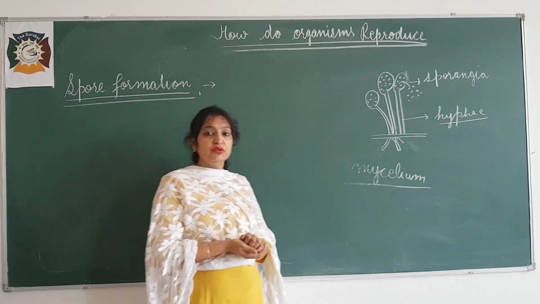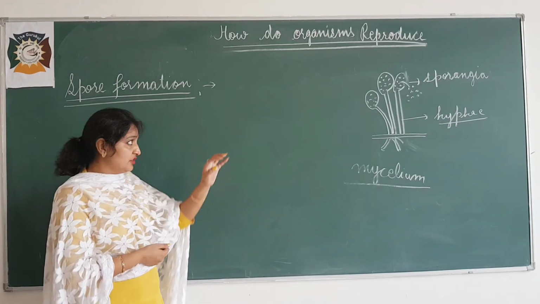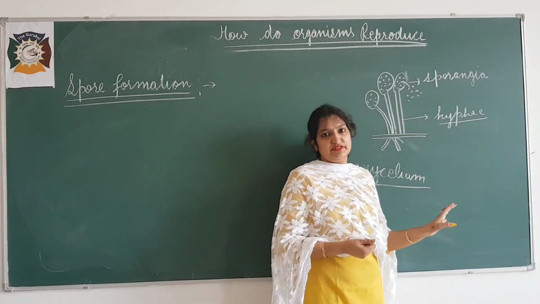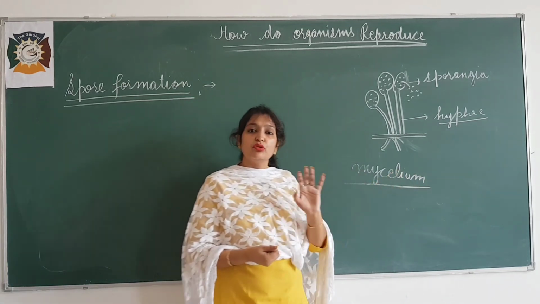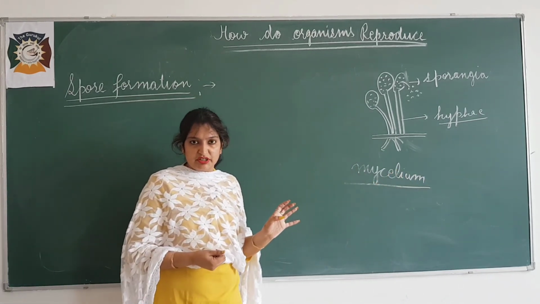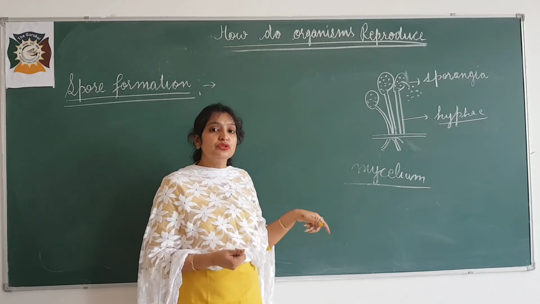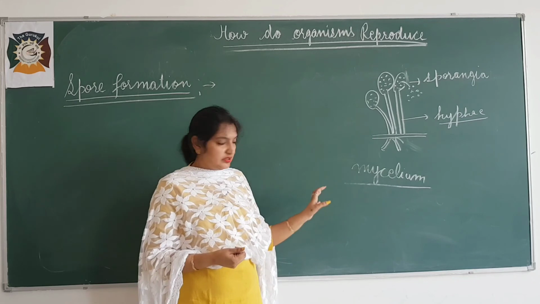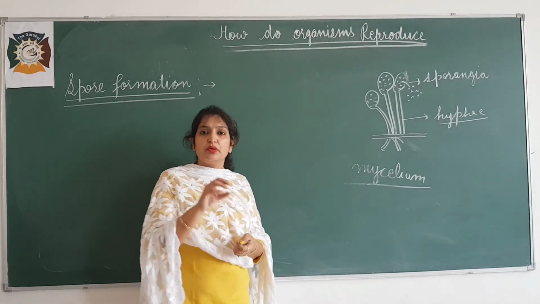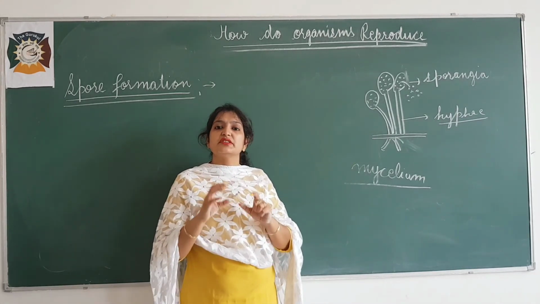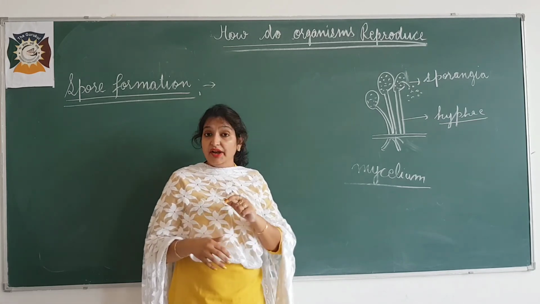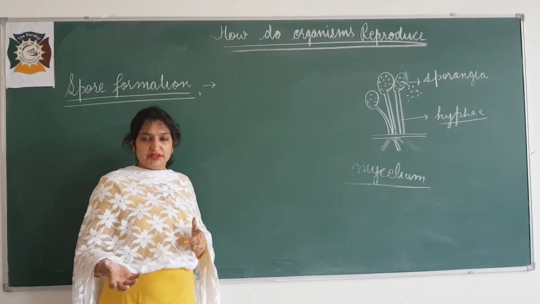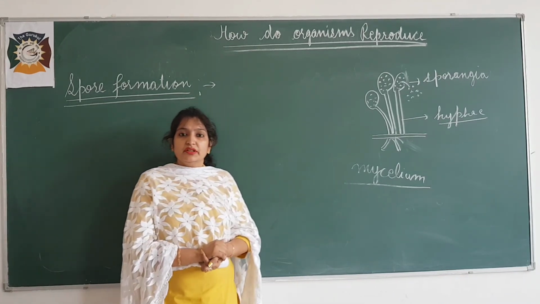दोबारा से मैं रिपीट कर रही हूँ कि स्पोर फॉर्मेशन की क्या एडवांटेज है. जब ये स्पोर्स स्पोरेंजिया से रिलीज होते हैं, यदि अनफेवरेबल कंडीशंस हैं तो ये अपने आप को रेजिस्ट करके रखते हैं अनफेवरेबल कंडीशन में. क्यों? क्योंकि ड्यू टू द प्रेजेंस ऑफ थिक वॉल अराउंड द स्पोर. स्पोर के चारों ओर एक थिक वॉल होती है जो उसको उस कंडीशन में रेजिस्ट करने में हेल्प करती है. एंड व्हेन फेवरेबल कंडीशन विल कम देन इट जर्मिनेट. इज इट क्लियर बेटा?